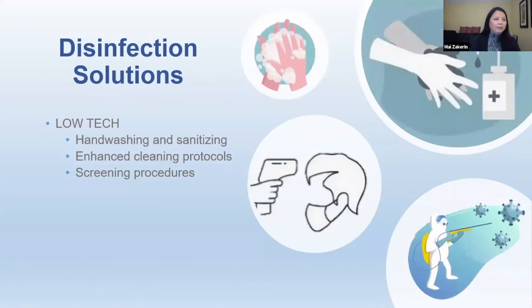So we just covered what UVC lamps are available to us. So let's continue on to disinfecting solutions, because this is one of the areas that you all are interested in seeing. We know that hand washing and hand sanitizing is an excellent low-tech way to disinfect and to minimize transmission of pathogens. We also know that COVID these days is bringing about enhanced cleaning protocols in a lot of our spaces. But with the enhanced cleaning, there's much more use of chemicals, and chemicals also have some downsides, such as bacterial resistance to these chemicals, and also the need for ventilation of spaces